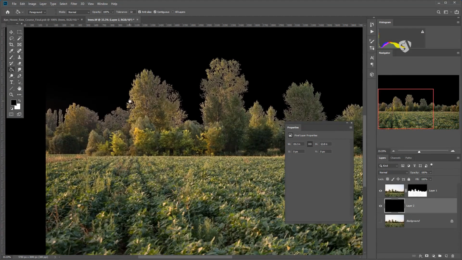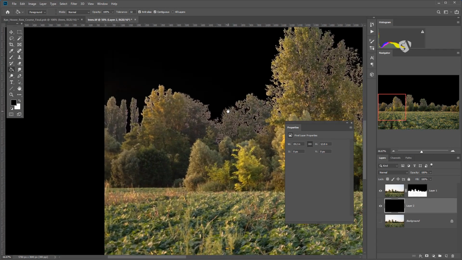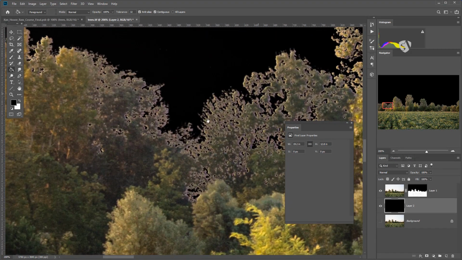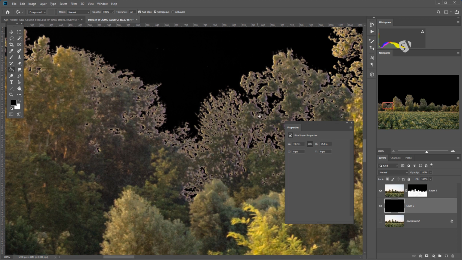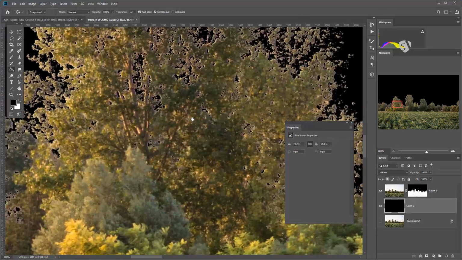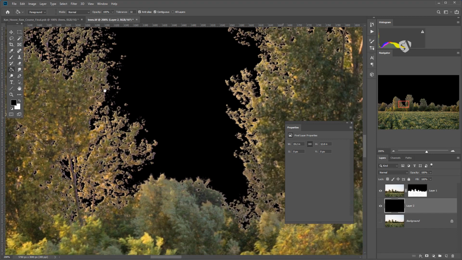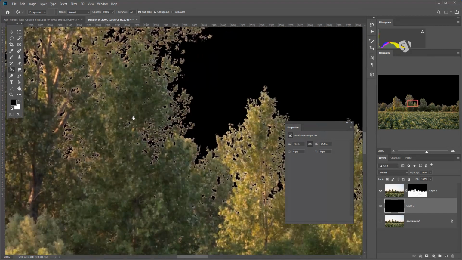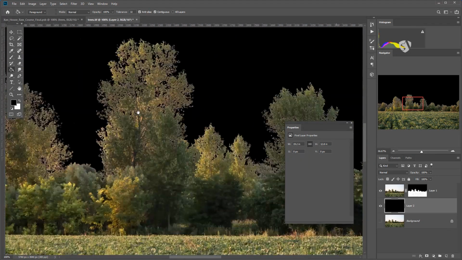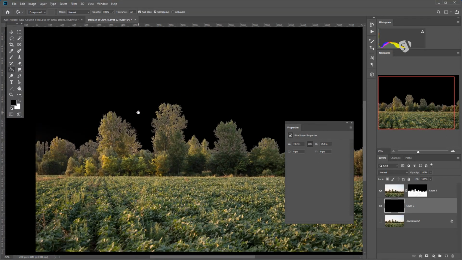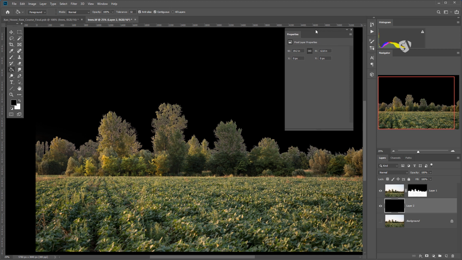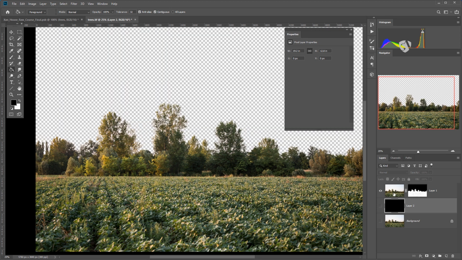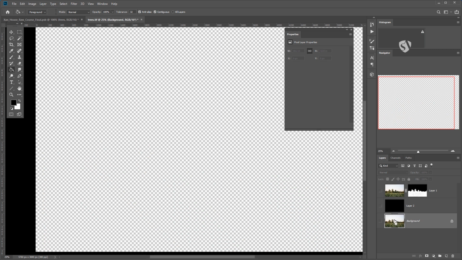Now, this is not bad. This is not bad at all. We can see that we have some problems there. We have like a gray fringe, but it's something we can probably fix in a second moment. Anyway, if you do a proper job with the color range, you have high chances to succeed, I would say. Another way to do it, which is my favorite way, now I will duplicate this layer again to show you,